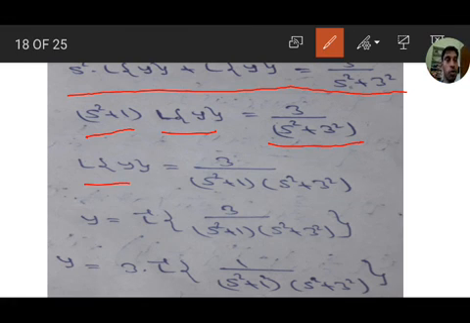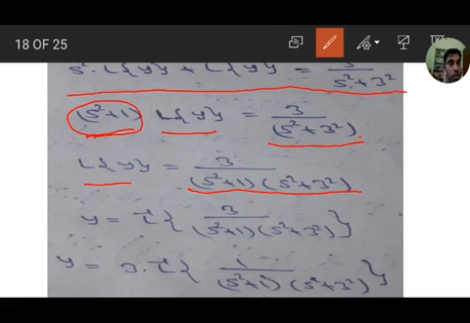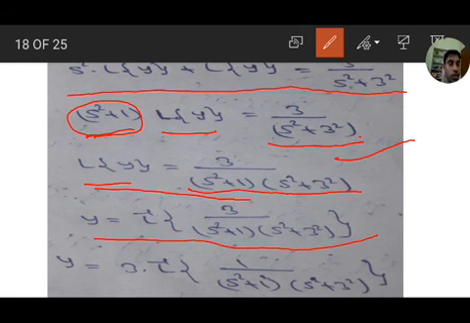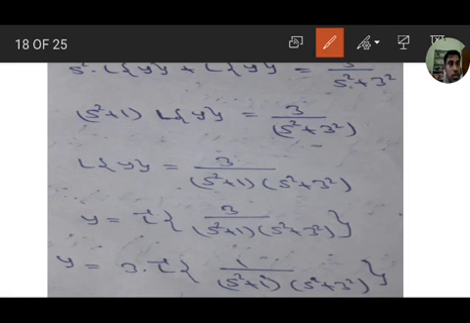That is L of y equal to, since it is multiplying, s square plus 1 will come here as a divisor: 3 by s square plus 1 into s square plus 3 square. This is L of y in terms of s. So for y, take L inverse of 3 by s square plus 1 into s square plus 3 square. 3 is the coefficient outside: 3 into L inverse of 1 by s square plus 1 square into s square plus 3 square. We have to find this inverse Laplace transform using partial fractions.